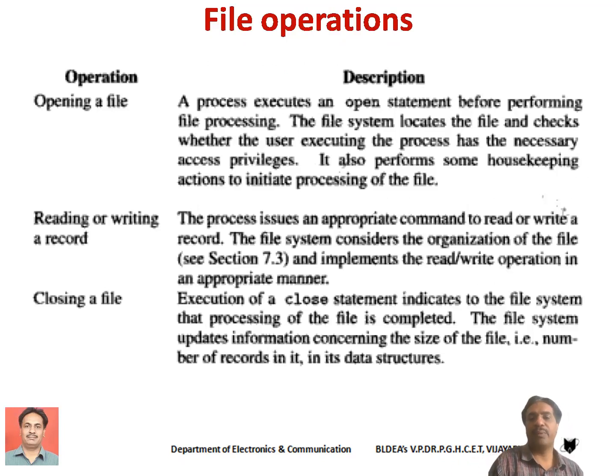First, we have opening a file. In general, there exists a function called open or fopen to open the file. When you open the file, the operating system is going to locate that file. It is going to find where exactly that file is stored, and it will find the permissions of that file, the privileges, whether it can be accessed or not. If it can be accessed, then it permits the program to process that particular file.